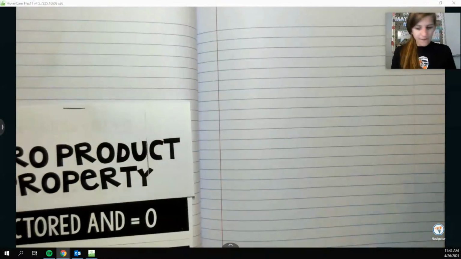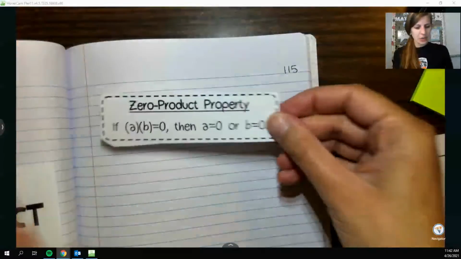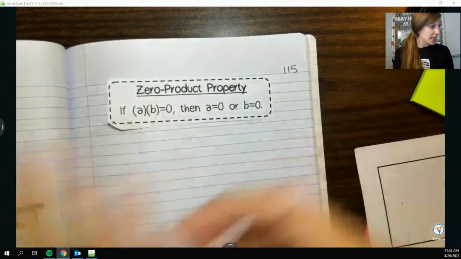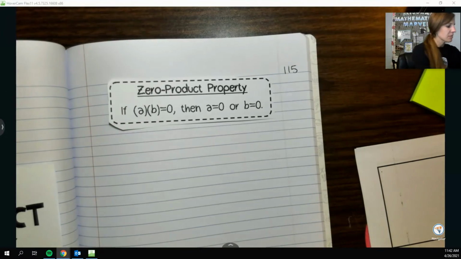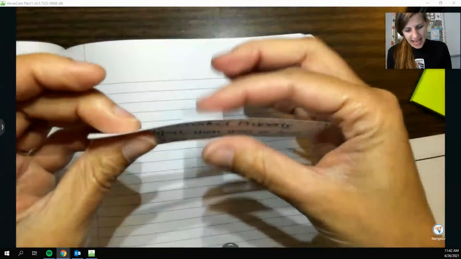Now on page 115, at the top, we're going to grab one of our little squares from before, and it's going to say 0 product property on it, and we'll put that at the top of 115. And then